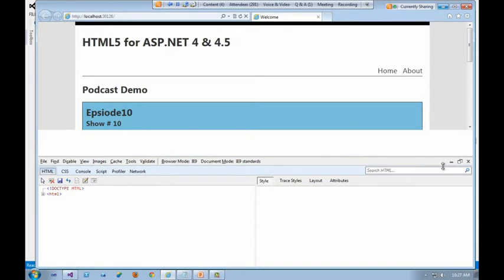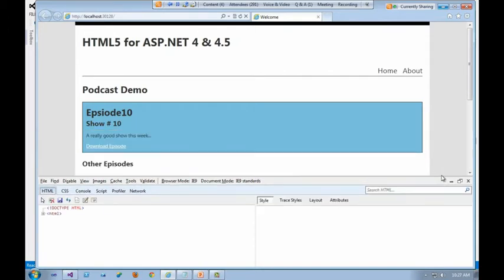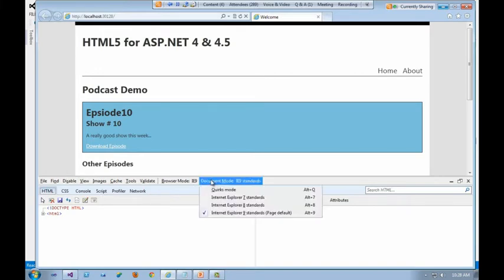And for those that didn't know, F12 opens the IE developer toolbar. This is super handy because it kind of gives you a representation of the DOM. You can mess with CSS classes, you can debug JavaScript through here. And what I like about it is it actually allows me to change the document mode. So I can go all the way back to IE7 rendering engine and go ahead and use